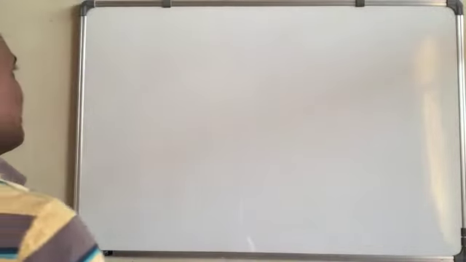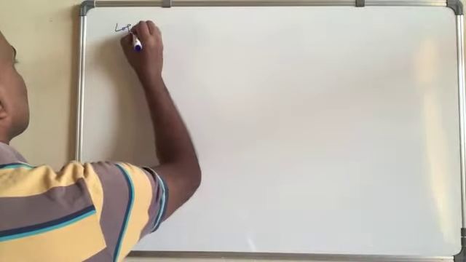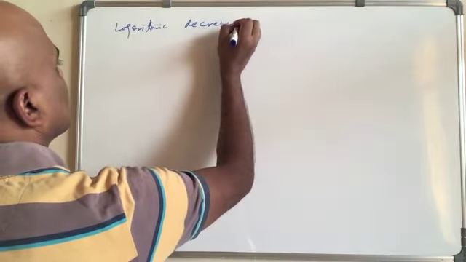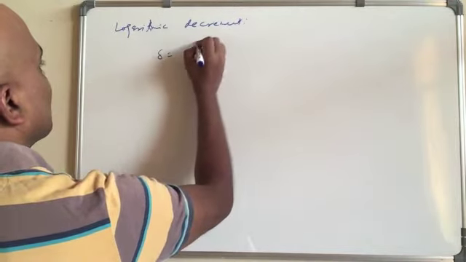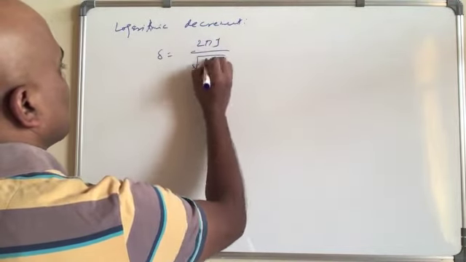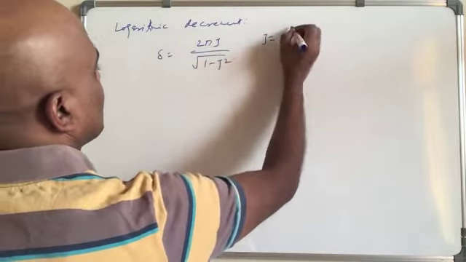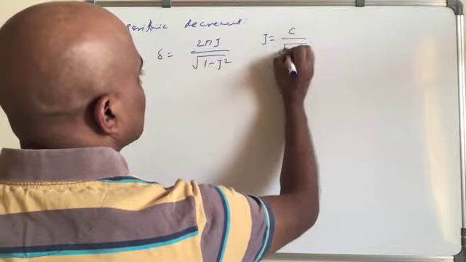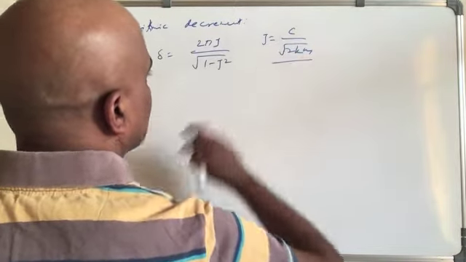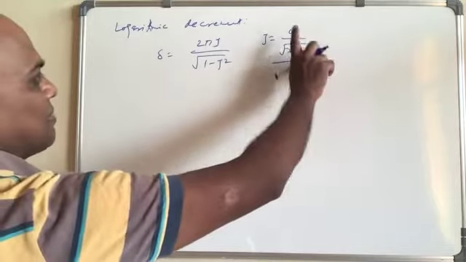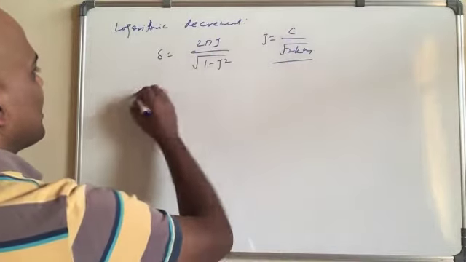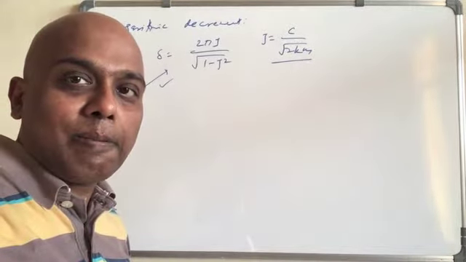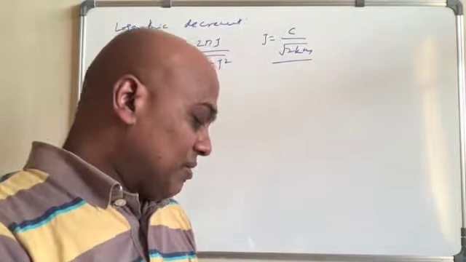There was a question on logarithmic decrement, where the simple formula is 2 pi zeta over root 1 minus zeta square, where zeta equals c over root 2 km. So for a spring mass damper system, you find zeta, you put in the value, and you can directly get it. So we are done with